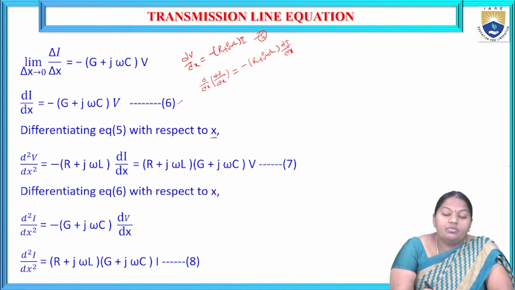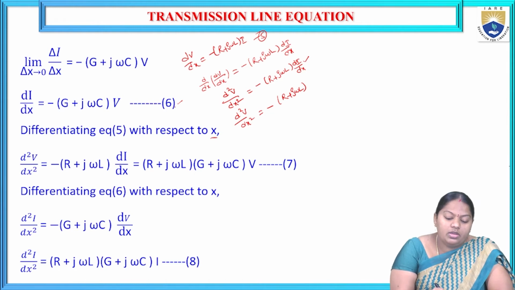Or d by dx of dv by dx can be written as d square v by dx square equal to minus of r plus j omega L into di by dx. Okay. Now from this, d square v by dx square equal to minus of r plus j omega L into di by dx. According to equation number 6, di by dx is minus of g plus j omega C into v. Now if we substitute in place of this di by dx, minus of g plus j omega C into v,